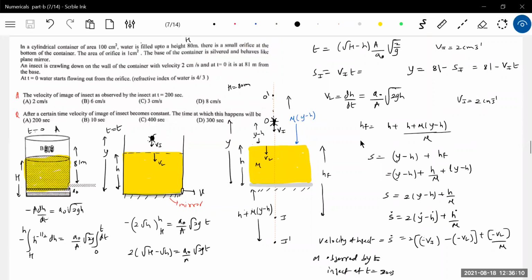Yeah, we'll proceed here now. It'll be like this. So first, if you can get this t, rest all everything will become very easy for you. Okay, sorry, t is no, h is needed. Only h is needed. But it is asking the velocity of the image of the insect as observed by this one. So for that we should know the velocity of the insect. We know the velocity of the liquid. For that we need h. That h we will get from t.